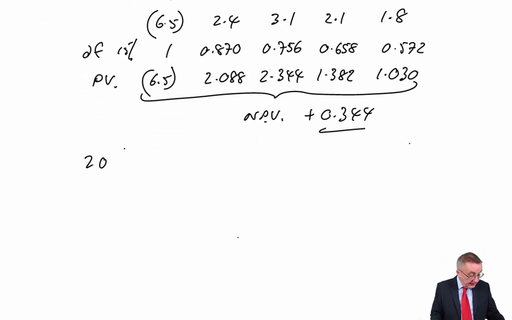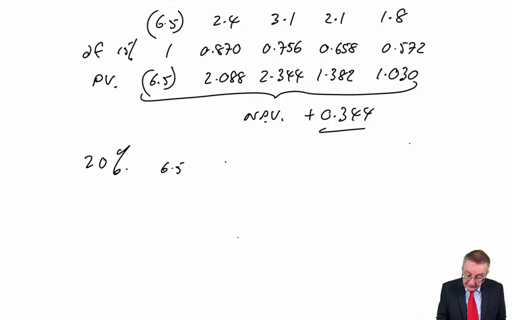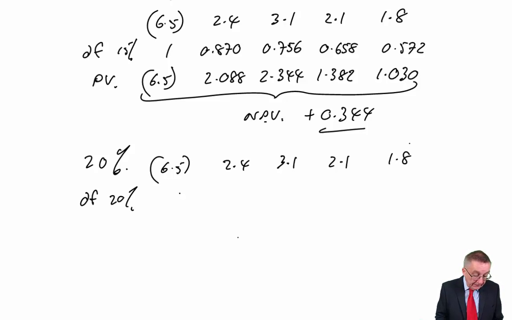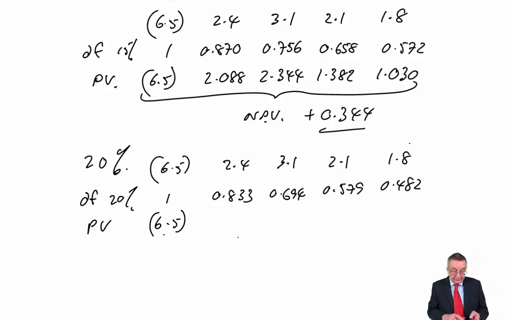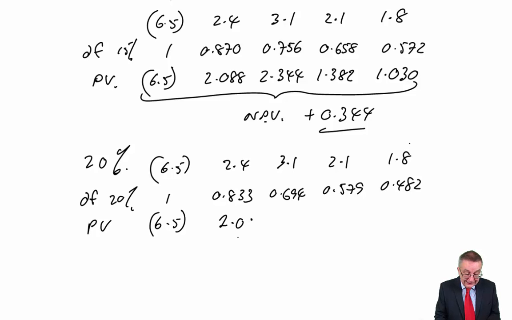Was it 20% the examiner asked for? Yes, 20%. So the flows again, 6.5, 2.4, 3.1, 2.1, 1.8. The discount factors at 20% are 0.833, 0.694, 0.579, 0.482, giving present values 2.4 times 0.833, 1.999 if I keep to 3 decimal places, 1.999,